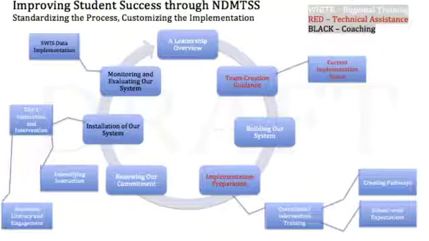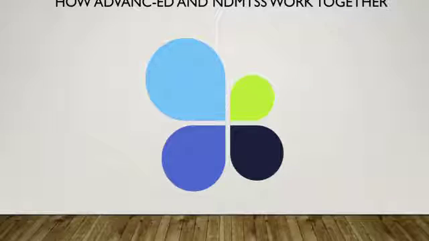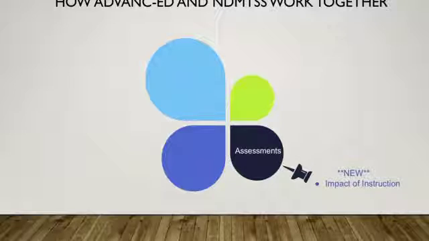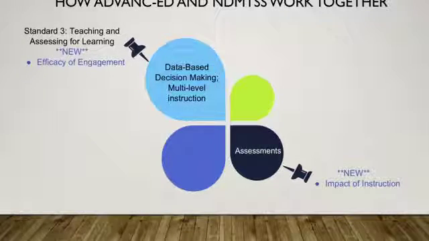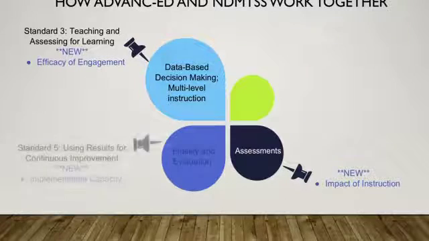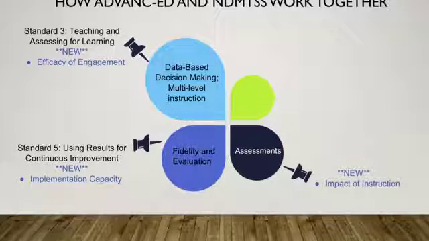Now, much of this sounds a bit like a continuous improvement process that we're already using. So how do AdvancED and MTSS work together? The assessments component is much like the new school quality factor, impact of instruction, for AdvancED. Standard 3, teaching and assessing for learning, the new school quality factor, efficacy of engagement, is data-based decision making and multi-level instruction. Standard 5, using results, the new implementation capacity,